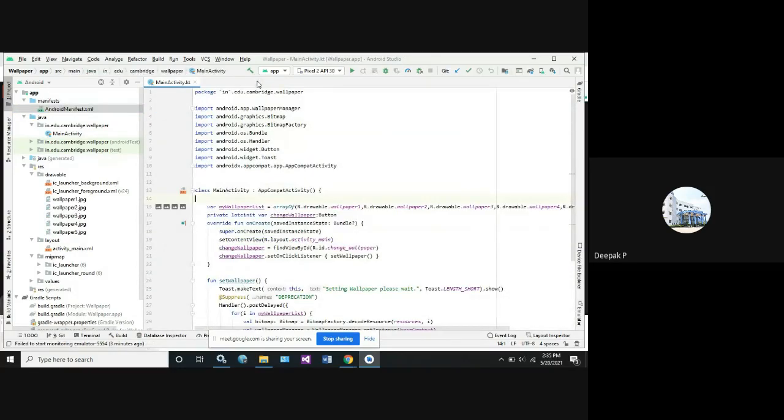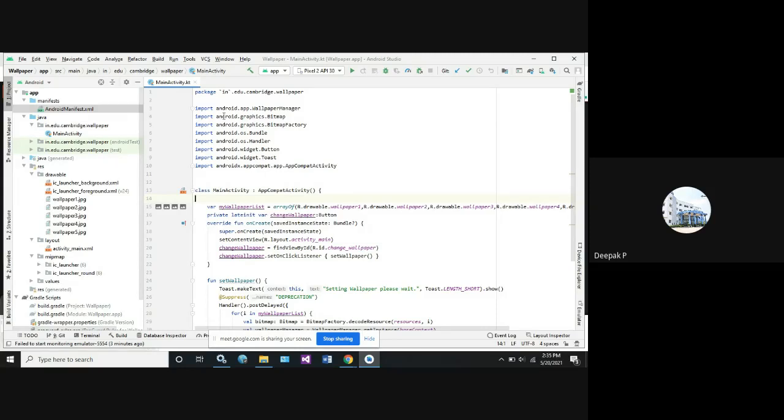the main Kotlin file. As we saw here, we need to import some of the Android applications here. What is the first thing? We need to have wallpaper, right? So we have a library called WallpaperManager. You can directly import that code, import android.app.WallpaperManager. Next, we have one more thing. This WallpaperManager manages the wallpapers of the screen at the user end. Next, suppose if you want to have 3D images, or you want to have 3D wallpapers.